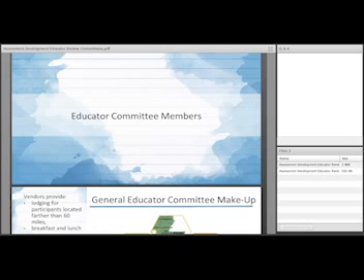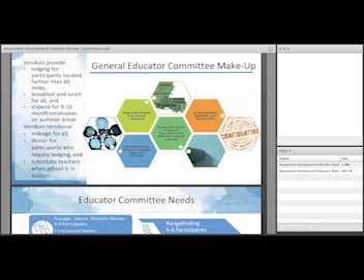So we need committee members. All of our content areas have committees running starting at the end of May through September, and we need a lot of people. Here's a general slide that talks about what we're looking for in committee members.